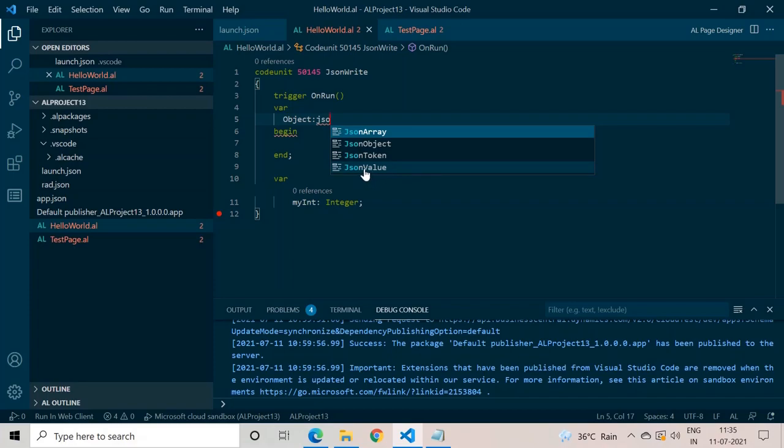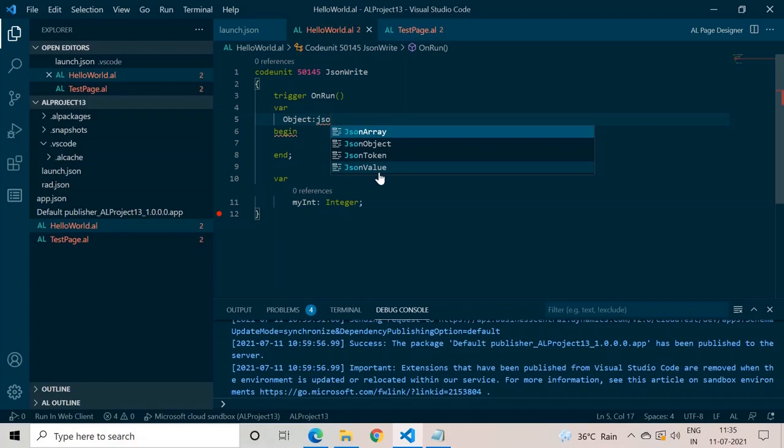As I showed you in the launch.json file, what exactly the JSON object is and what exactly the JSON array is. In today's video, to write the data, we will use these two data types. And in the next video, we will understand the concept of JSON token and JSON value while reading the data from the JSON file.